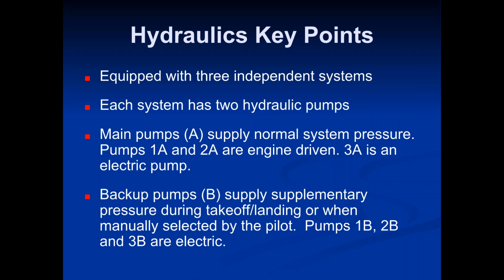So they're on to supply the supplementary pressure during takeoff and landing, and it's just extra pressure in case the other ones fail. Then it already has additional pressure to it, and it really won't notice a drop off because they're already on and functioning. Thank you. Yeah. So